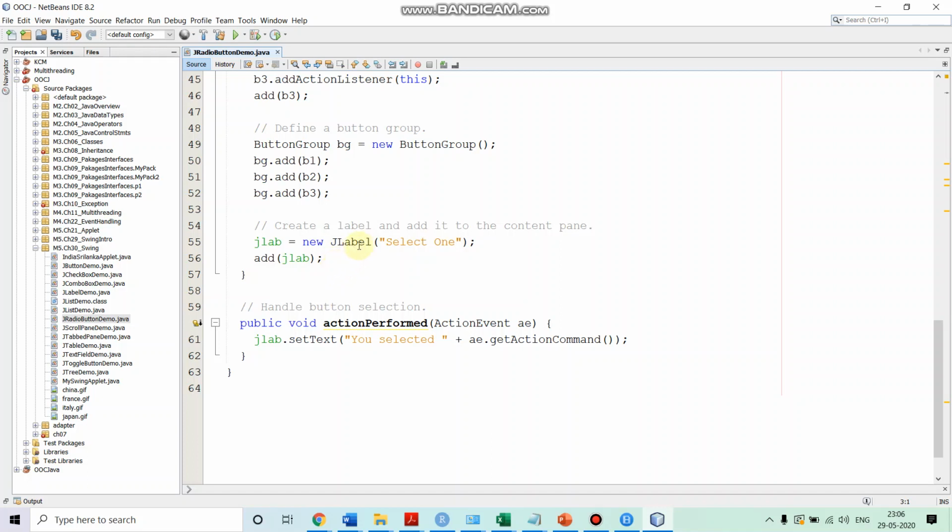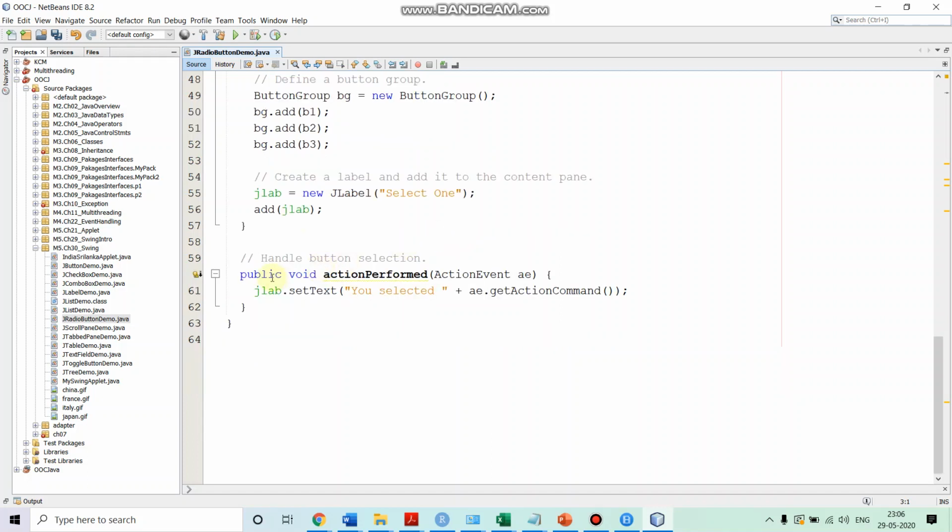Now, in the method actionPerformed, whenever any of the radio buttons is clicked, an action event will be generated. So we have to handle that action event, and our handler is this method actionPerformed.